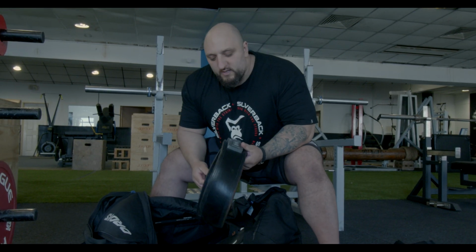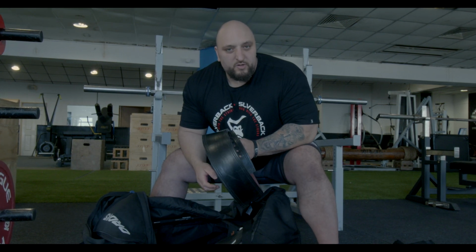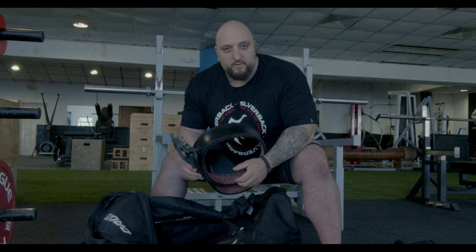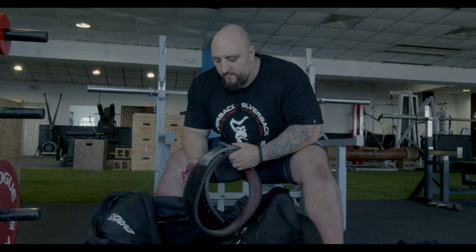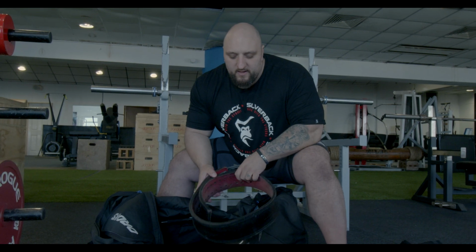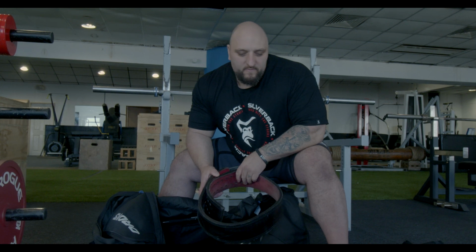Well, famous SPD belt. I only really use this for my deadlift now. If I was doing a big squat, I guess a lot of people have these now. They're a very popular belt, very rigid. But I am starting to use it less and less because it's just such a stiff belt that it can